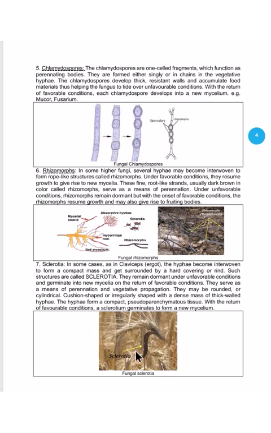Unlike the strands, these are compact masses surrounded by a hard covering or hard walls, and they contain stored food, and are usually produced when there are also unfavorable conditions. And this is very common